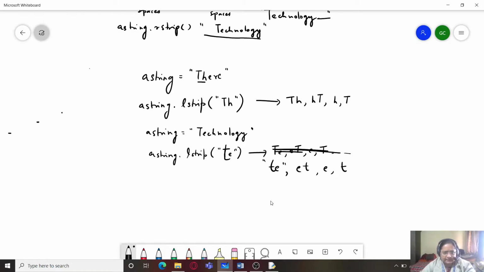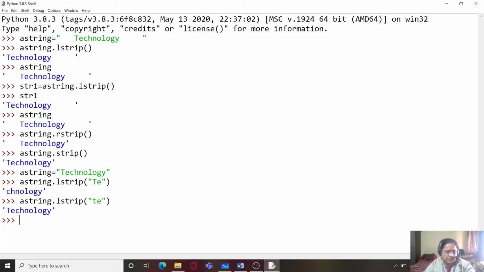From the left side of the string, we don't find either of these strings, so nothing will be removed. To be removed, we should have those combinations.